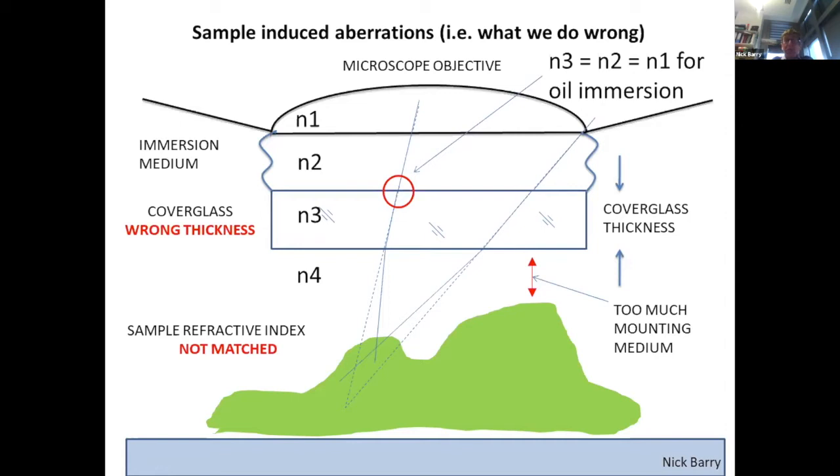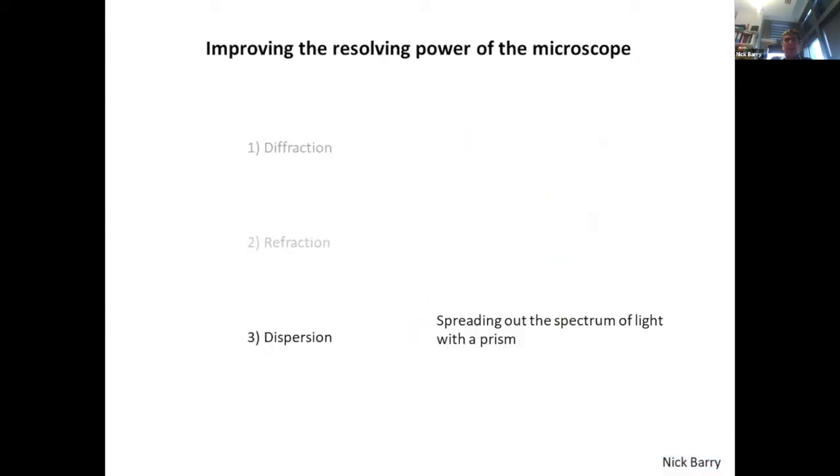So it's really worthwhile taking care of these details, and we can help you get that right if you ask us. We have mounting media and we have cover glass, and obviously we prefer that we provide the right immersion media for each microscope as well. As a rule of thumb, use Zeiss immersion media on a Zeiss microscope, Leica immersion media on a Leica microscope, and so on. So the last thing I wanted to talk about on this aspect is dispersion,